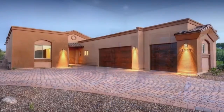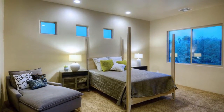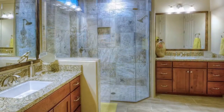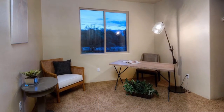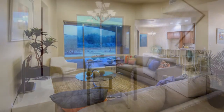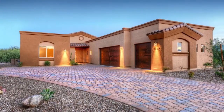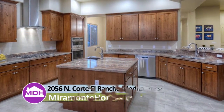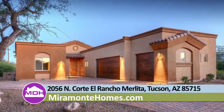$574,900. The beautiful Palmer plan on Lot 7 is 2,387 square feet with 3 bedrooms plus a den, 3 baths, and a 3-car garage. This well-designed floor plan features 2 master suites, a large great room, and a separate dining area. The spacious covered patio may be accessed from both the kitchen and the master suite. This model home is priced at $499,900. Miramonte Homes, twice named Southern Arizona Home Builders Association Builder of the Year and Custom Builder of the Year,